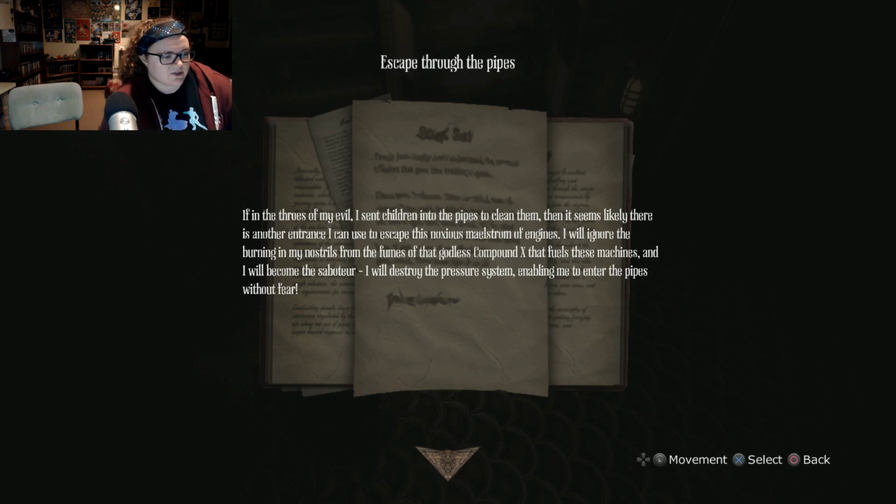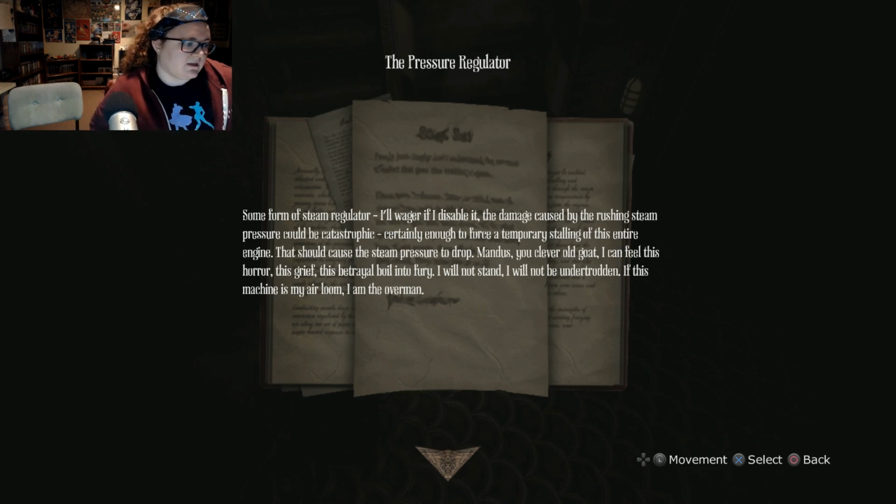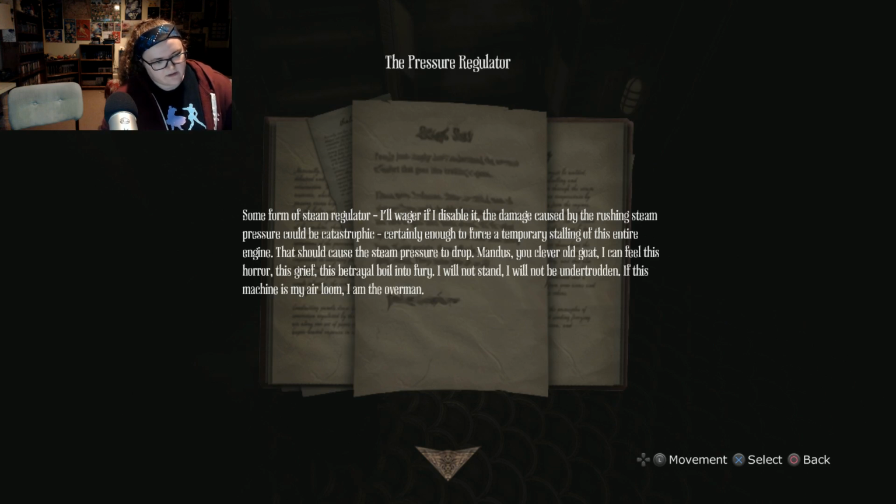If in the throes of my evil I sent children into the pipes to clean them, then it seems likely there is another entrance I can use to escape this noxious maelstrom of engines. I will ignore the burning in my nostrils from the fumes of that godless compound, Compound X, that fuels these machines, and I will become the saboteur. I will destroy the pressure system, enabling me to enter the pipes without fear. Pressure regulator. Some form of steam regulator. I'll wager if I disable it, the damage caused by the rushing steam pressure could be catastrophic. Certainly enough to force a temporary stalling of this entire engine. That should cause the steam pressure to drop. Mandus, you clever old goat, I can feel this horror, this grief, this betrayal boil into fury. I will not stand. I will not be downtrodden. If this machine is my heirloom,